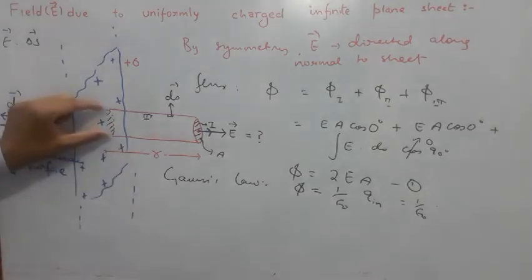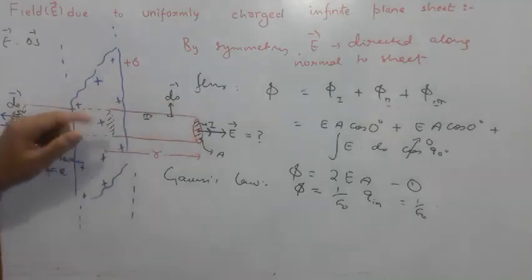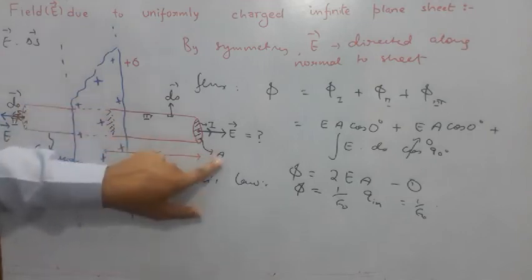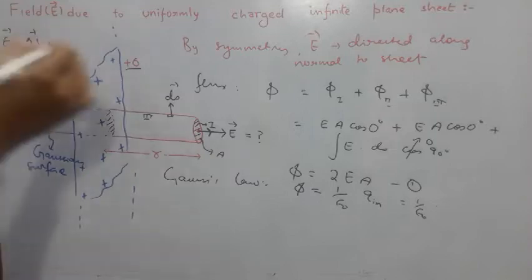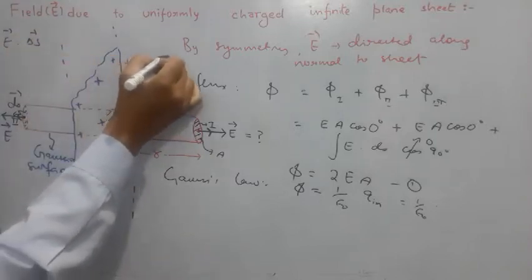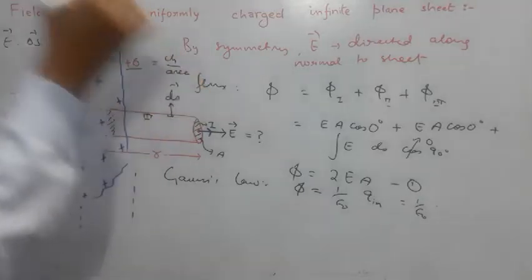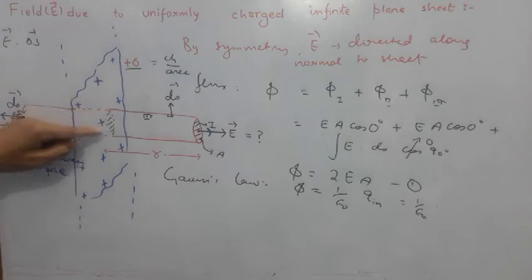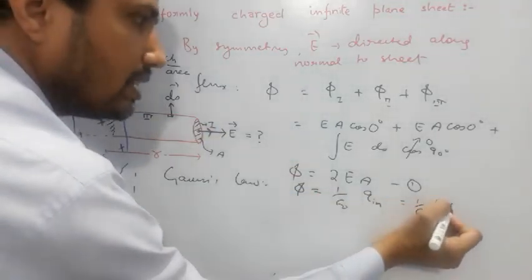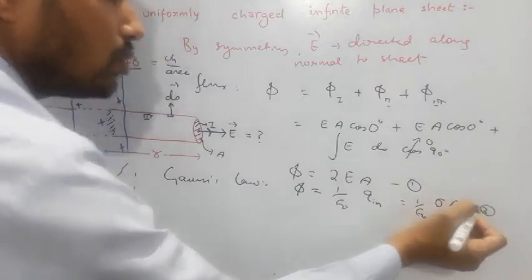Now what is this region? This is a circular region. Do you think its area will be the same as this area? Yes. How much will this area be? A. Plus sigma is given as the surface charge density. Now what is sigma? Surface charge density is defined as charge per unit area. Per unit area, the charge is sigma. So on area A, what will be the charge, students? It will be this area multiplied by this surface charge density. So we will get sigma times A, equation number 2.